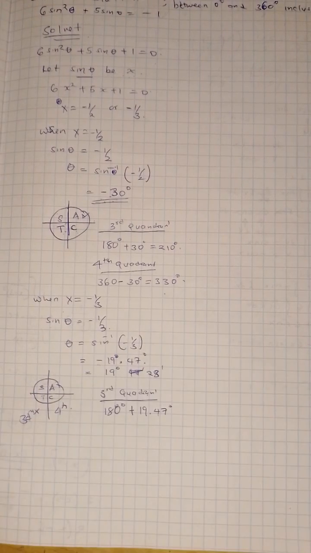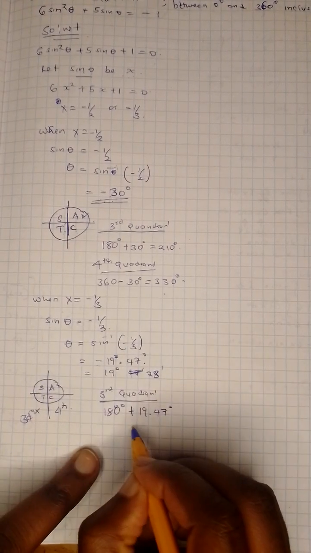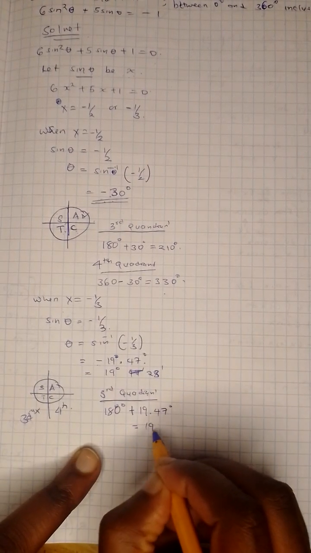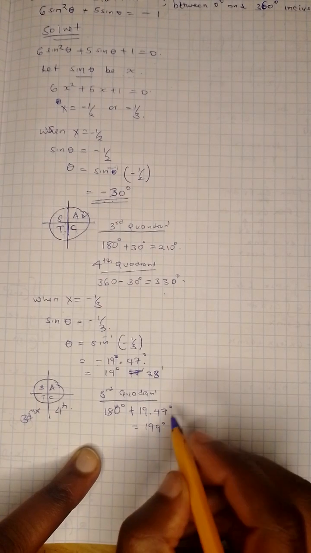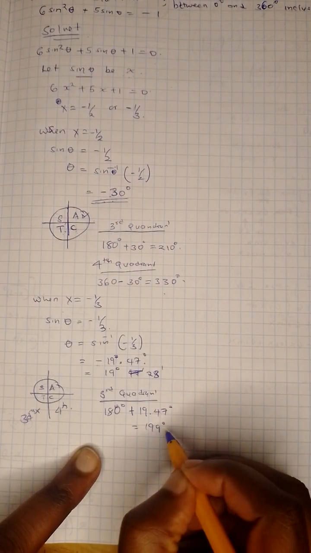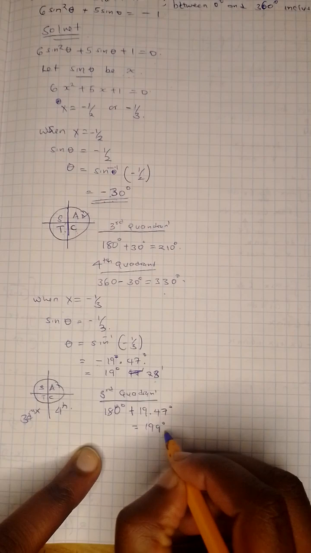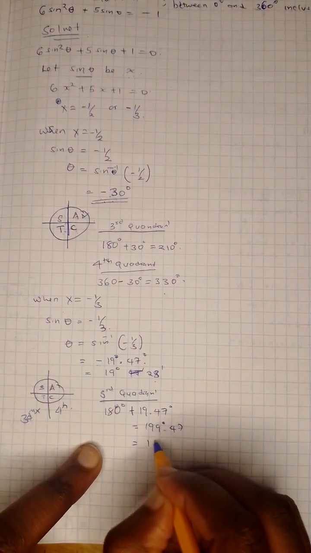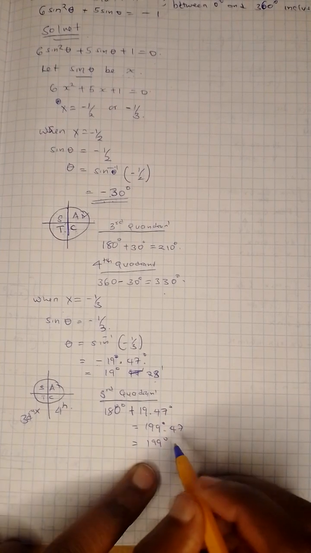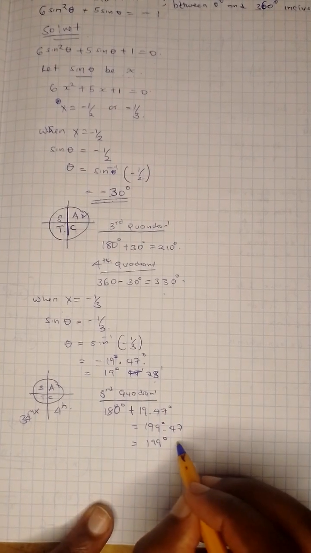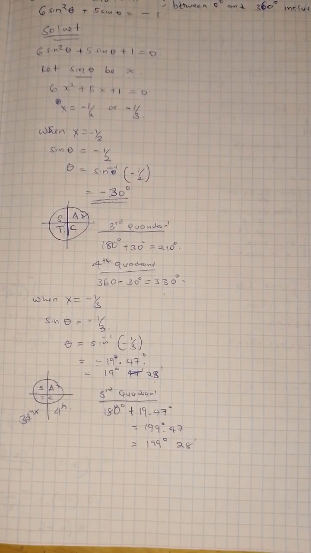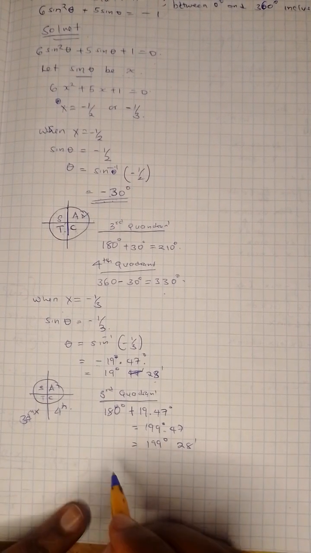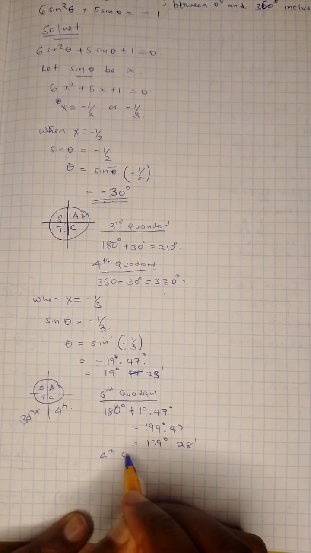So adding this, you get 199.47 degrees, and if you put them in minutes, it will be 199 degrees 28 minutes. So now, considering the fourth quadrant,